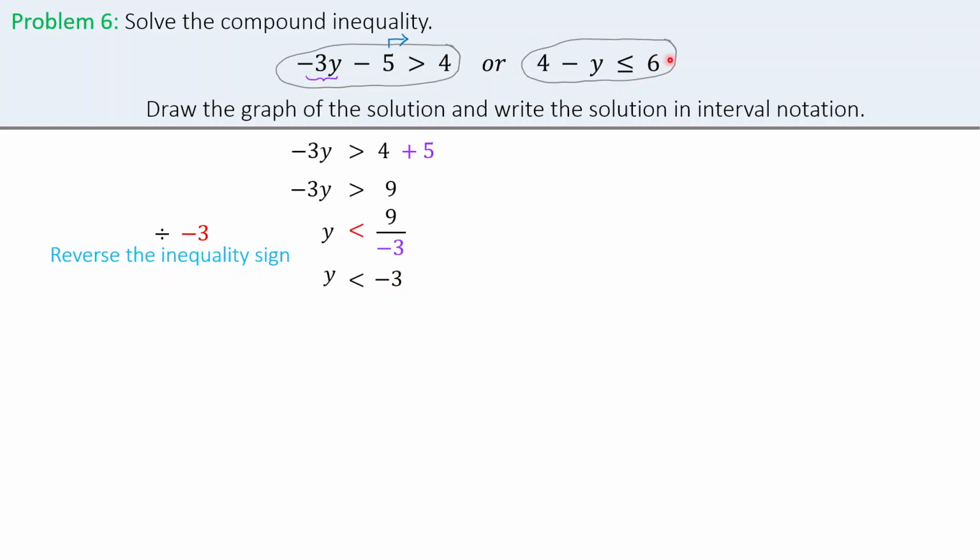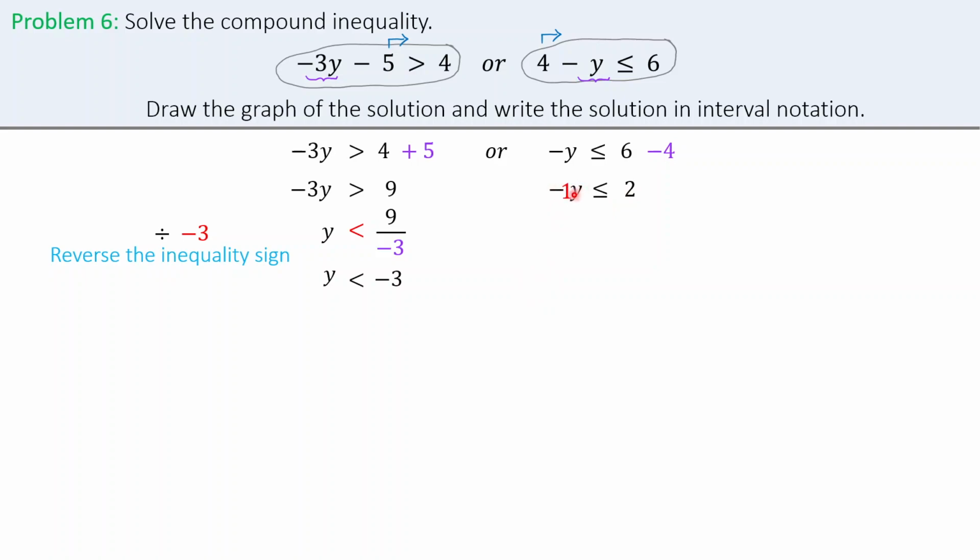Now you need to solve this inequality. Isolate this term by moving this term to the right. -y less than or equal to 6. This is positive 4, so you need to add -4. -y less than or equal to 6 minus 4 is 2. Negative y is